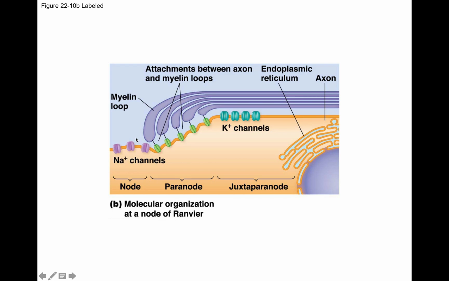The sodium channels are in the node. The potassium channels are near the node, okay, but not actually right at the node, and still has the opportunity to exchange sodium and potassium at the node. But you don't see sodium channels back here, or potassium channels back here in the middle of something that would be covered with myelin. But there is more coverage on the potassium side than on the sodium side in terms of connection with the outside of the cell.